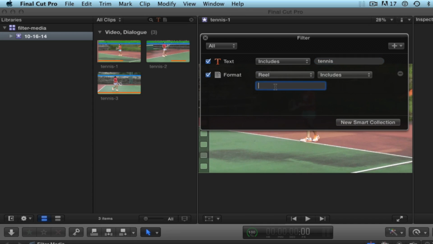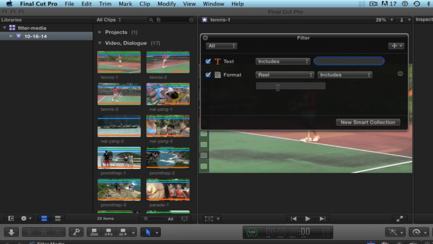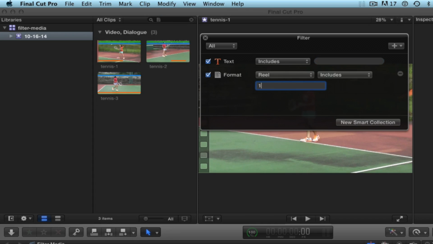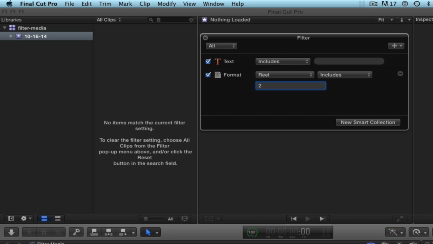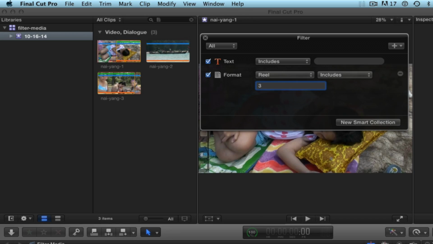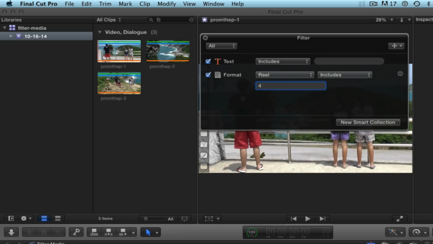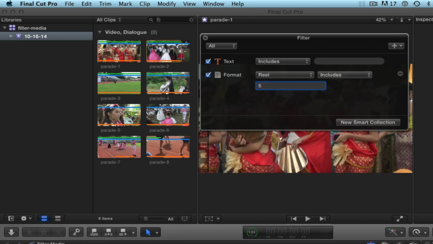Let's go back to all our clips. And let's search for reel 1 clips, and it's only those. How about reel 2? That's nothing. I have nothing on reel 2. Reel 3 is at the beach. Reel 4 is hiking around. Reel 5 is the parade. So we've got reel 5,